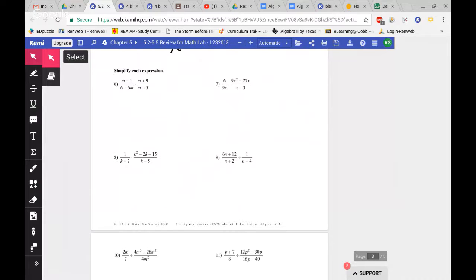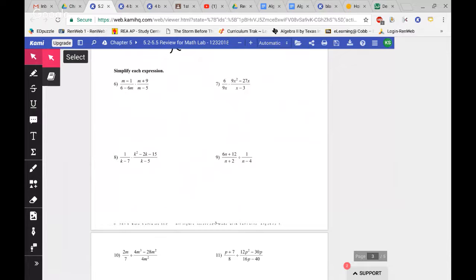It wasn't the easiest one to spring off with, that's for sure. But let's just take a look. On multiplication, one of the first things you want to do when you're working with radical expressions is always think factor first. Always think of that. So on this particular one, on number 6, I look at it and I identify that